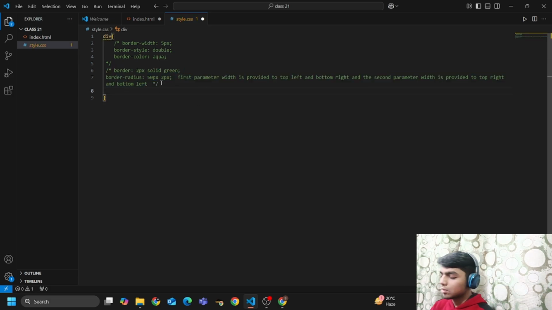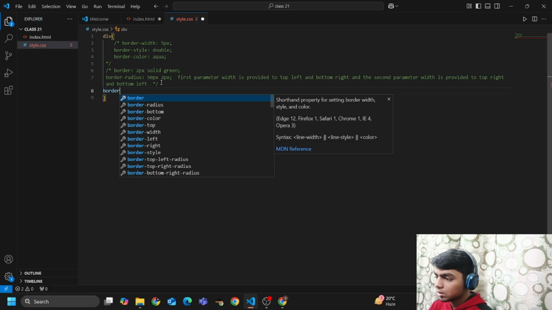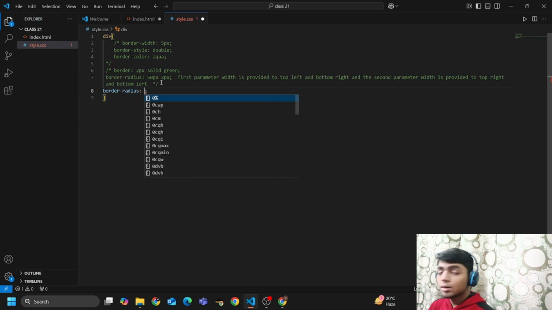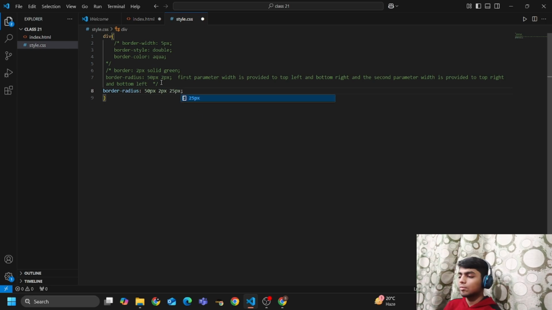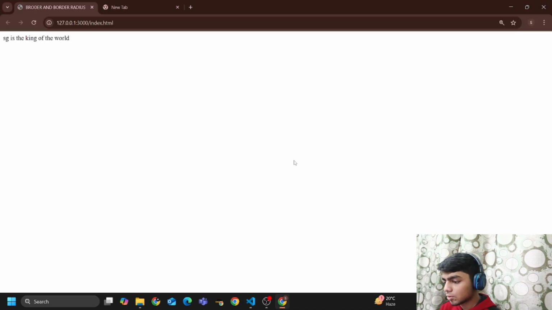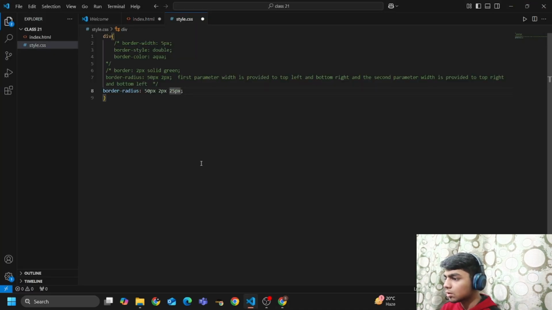And if I write border radius and I provide three parameters, see, I provide 50 pixels, 2 pixels, and 25 pixels. And now if I preview this, what happened?